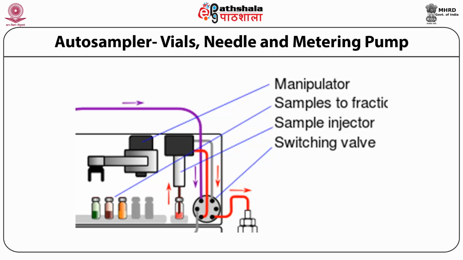In most of the autosamplers, a metering pump is used to suck the sample from the vial and an injector port is enabled through which the sample is introduced through the loop. A piston metering syringe pump aspires the predetermined volume of sample from the vial and transfers it to a large loop in a 6-port valve.